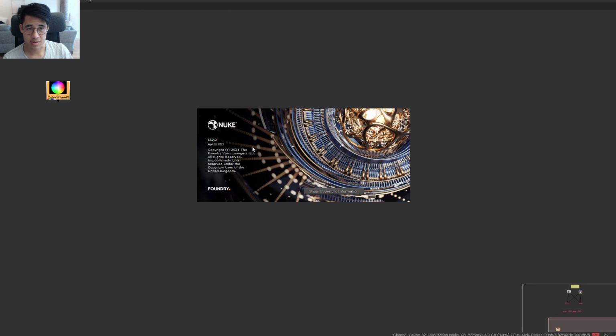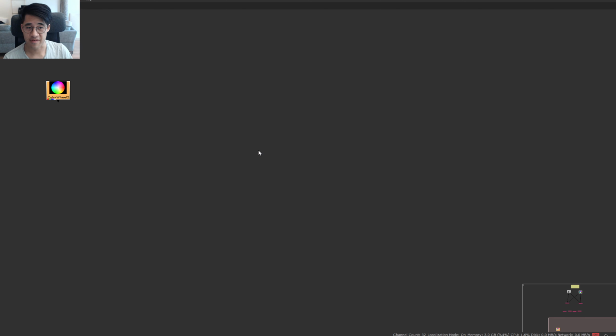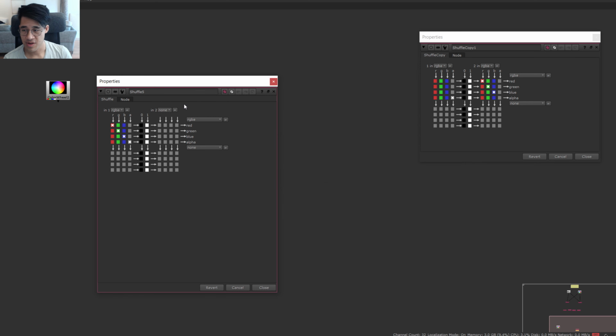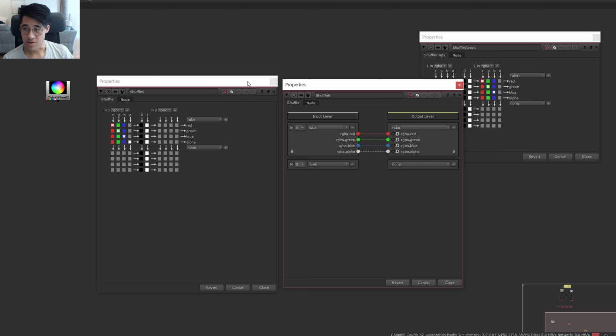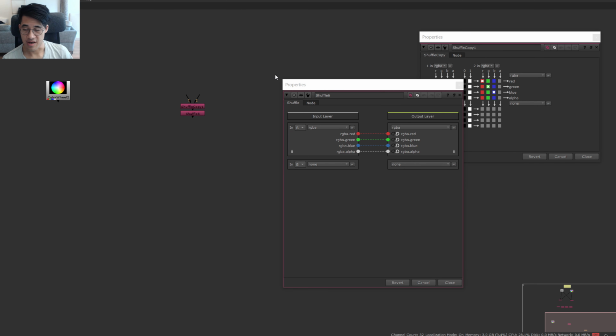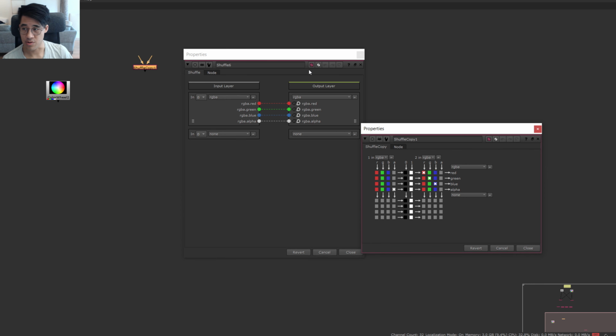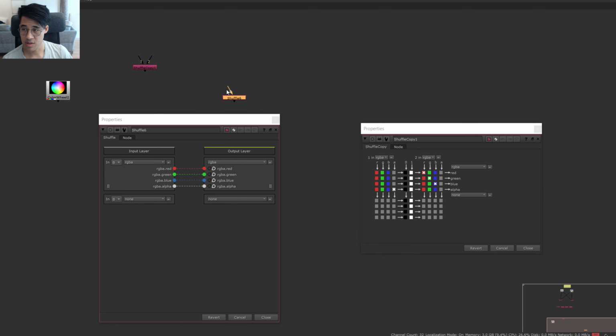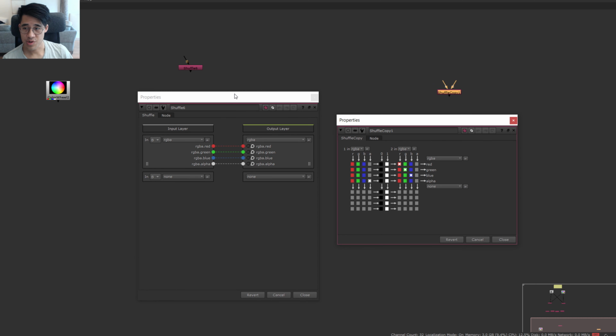So I'm currently in Nuke 13. From Nuke 12 forwards, you have access to three shuffle nodes: shuffle copy, shuffle, and Shuffle2. I'm going to ignore shuffle for now, that's less of a problem. So we'll go for shuffle copy and the new shuffle node, which is here. There you go. The new shuffle node has this fancy new interface where you can do things and